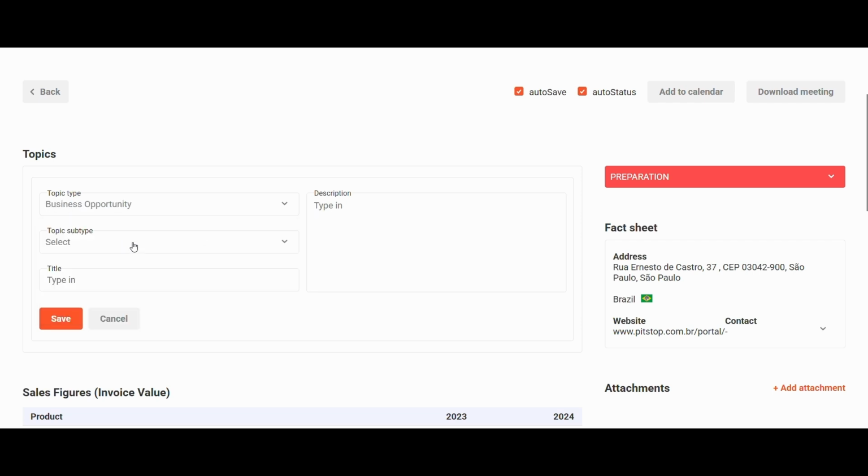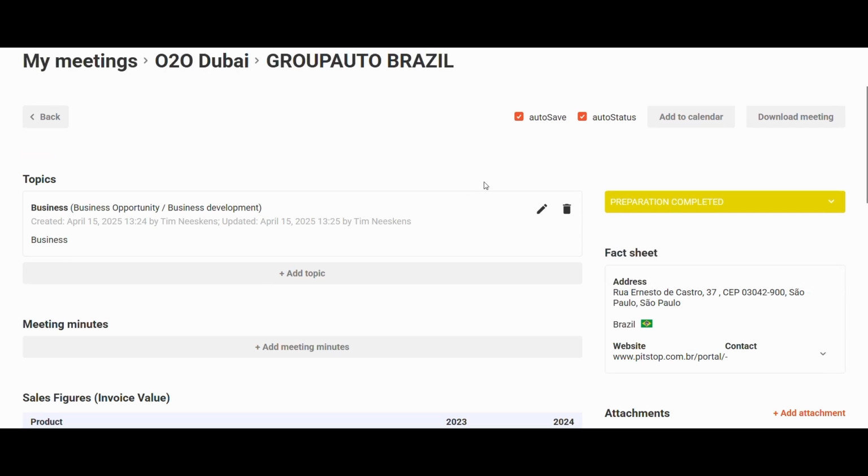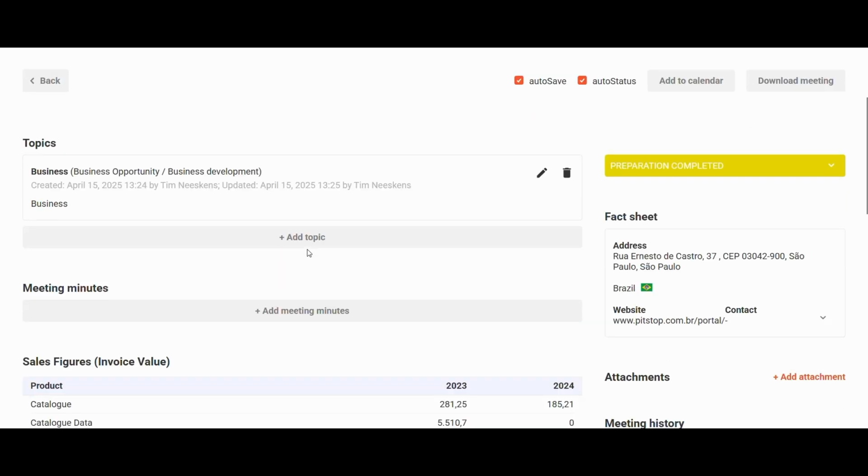Choose a topic, choose a subtopic, write a title, and write in the description all the relevant information about this member. When you save, you see automatically the status is changed from preparation to preparation completed. You also see that the color has changed. Now you are fully prepared for the meeting. You have your